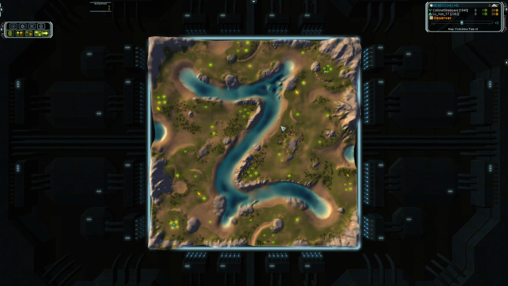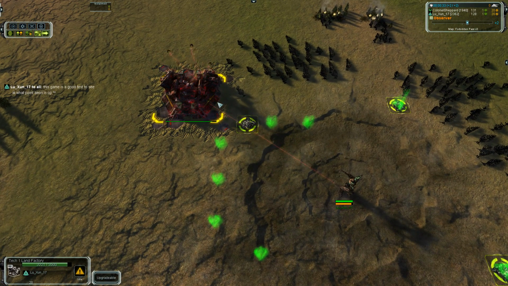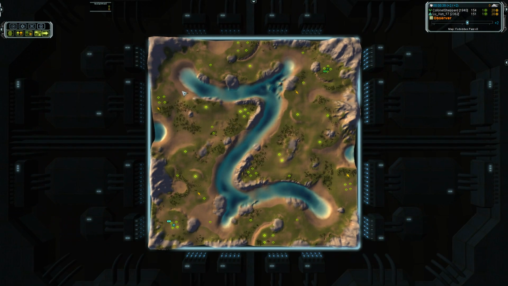In this one we got Lucian and Sheppard going at it, Aeon versus Cybern. Let's see if Lucian still has some skills after his vacation. He hasn't actually played too much, so this looks like a friendly game. Lucian says it's a test to see whether or not the Aeon is overpowered on this map, and it is